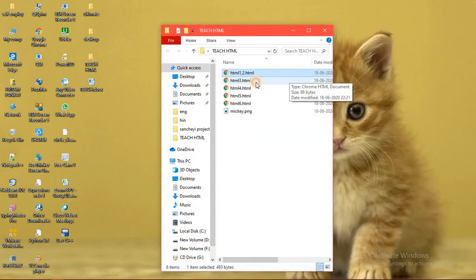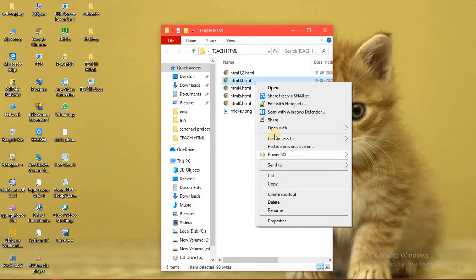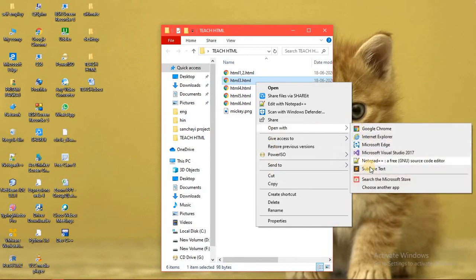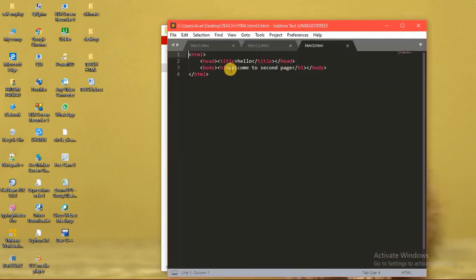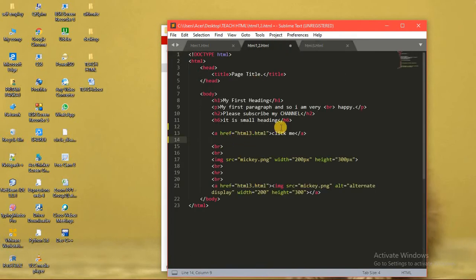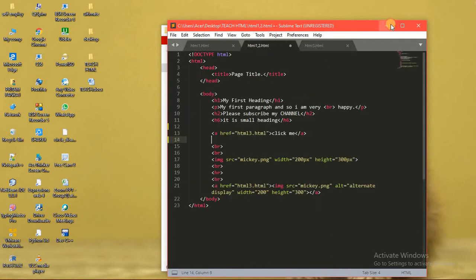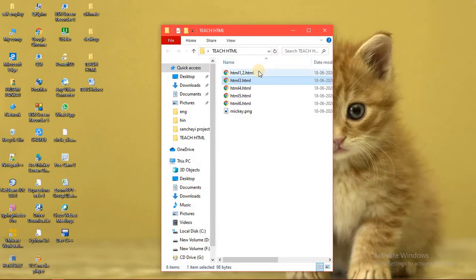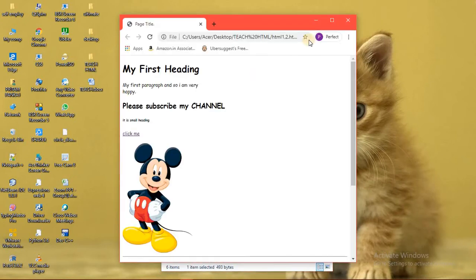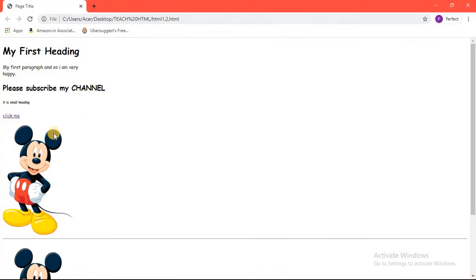So we have created here an HTML3 web page, and in this web page we have written simply welcome to the second page, and this is the link. So this link will be taking us to this web page. So how it would be taking us, let us open this web page and see. Here is the web page. Do not see what is down, I'll be coming to it today itself. We must just consider this click me format.